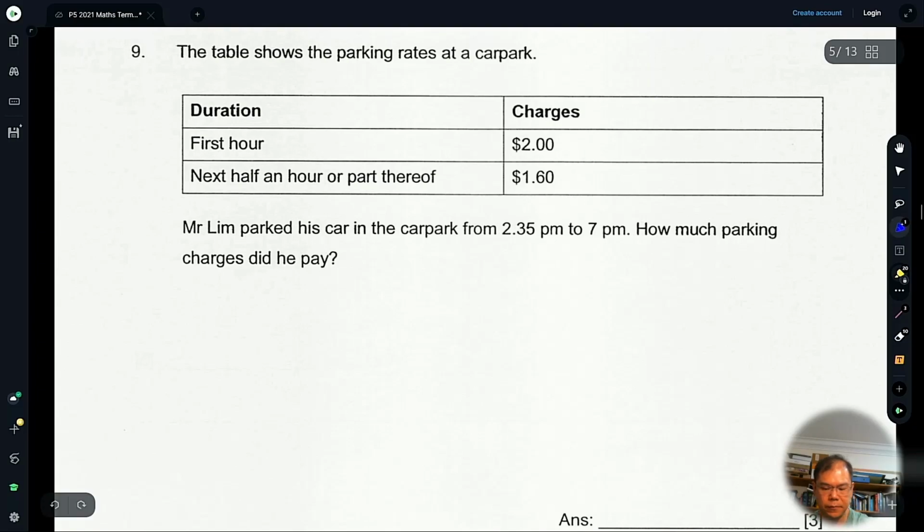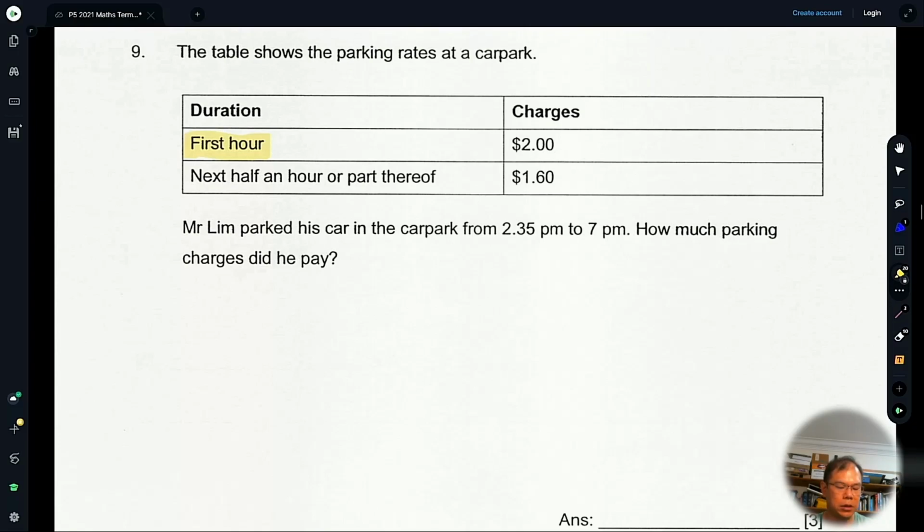Okay, number 9. The table below shows the parking rates at the car park. So for the first hour, that's $2. Right? So for the first hour is $2. It's not $2 per hour. It's just when the car starts parking, as long as within the first hour, you'll be charged $2. So even if it's just 2 minutes, 1 minute, 10 minutes, 59 minutes, you will still be